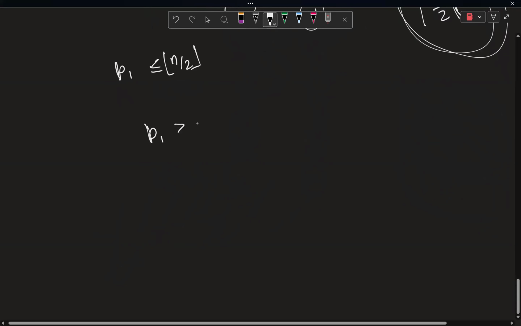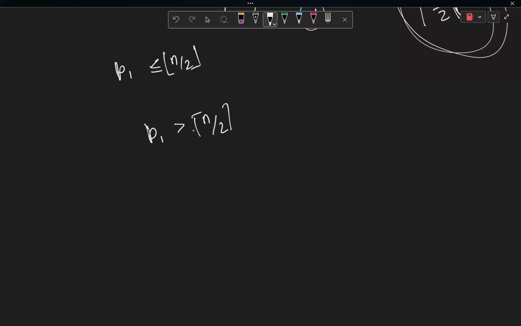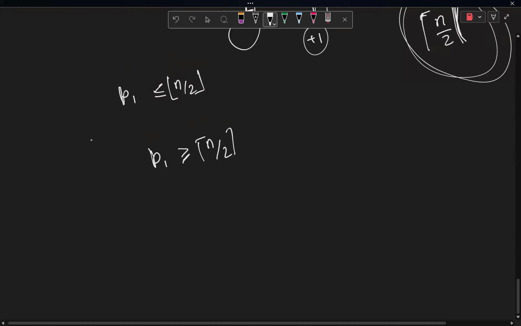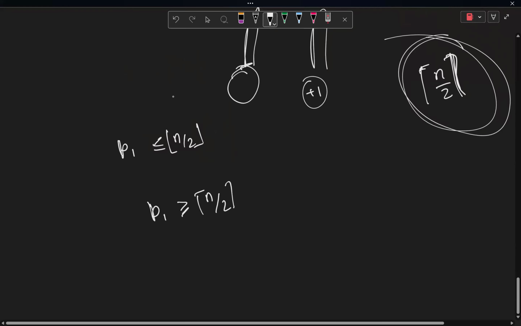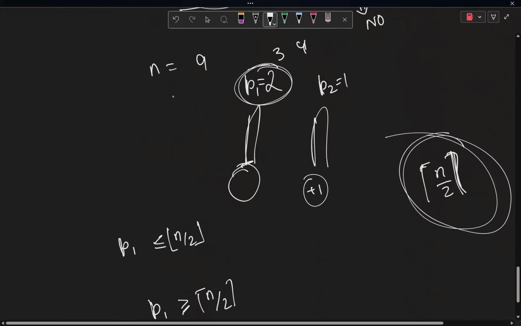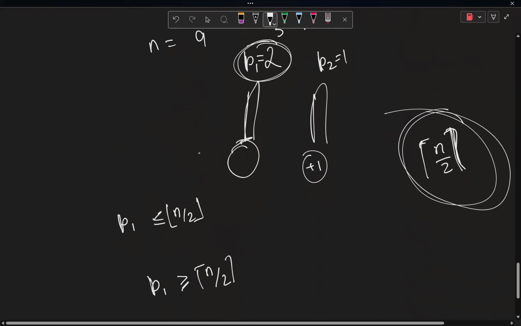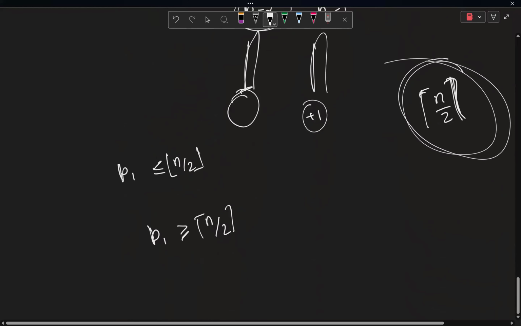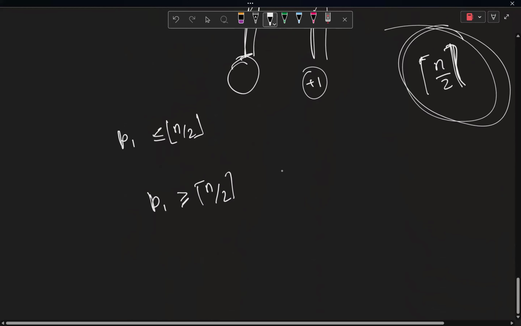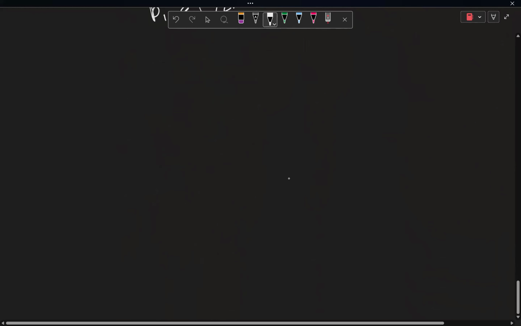And if you have P1 being greater than or equal to the ceil division of n by 2, in these cases also you will not have the remainder greater than or equal to n by 2. So I was basically not getting my answer in both the extreme cases. In the extreme cases and random cases, I did not get anything anyway. So okay, looks like my approach is not really a concrete proof. It is just some randomization, which satisfied me